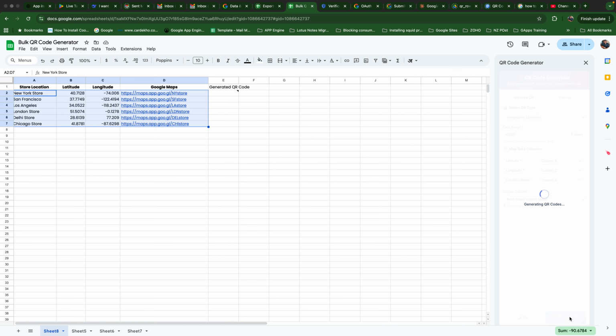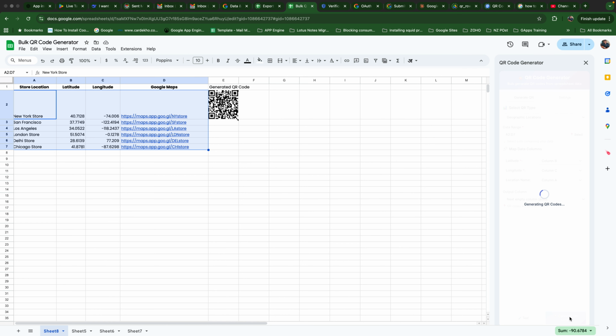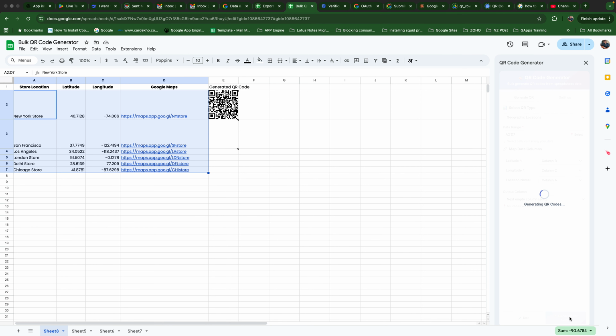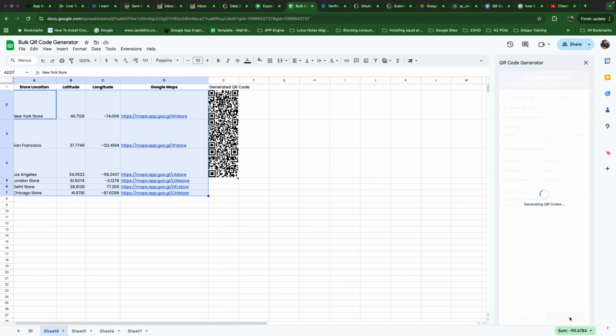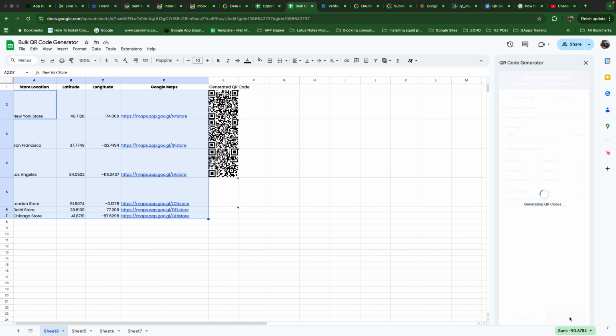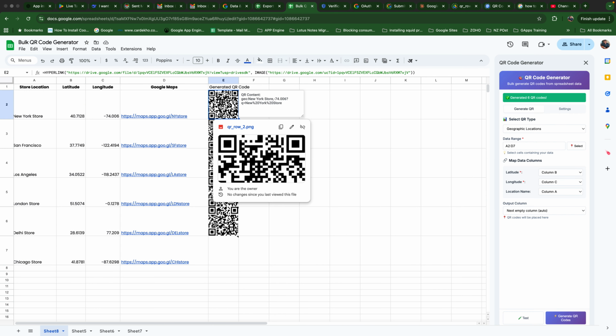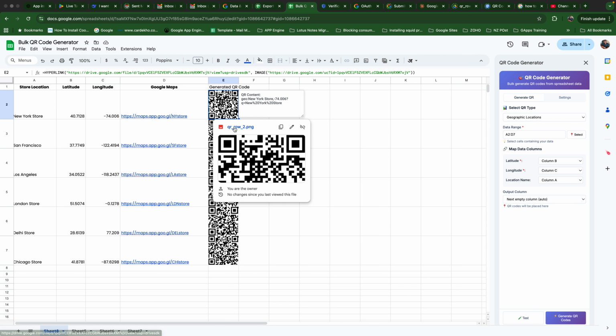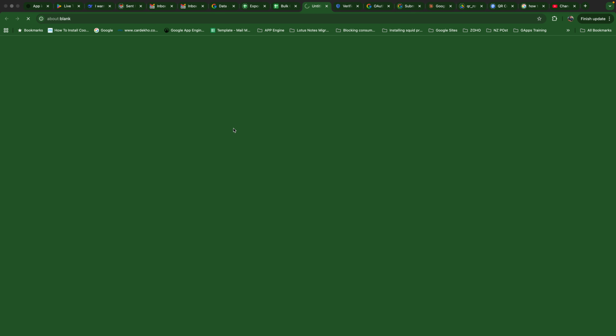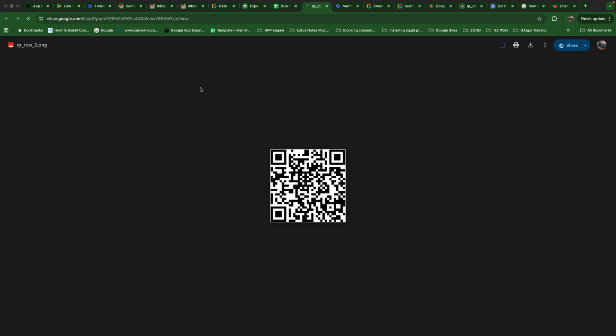So it starts generating QR codes, stores them into the Google Drive, and pastes those images here in the sheet so that it is easy for you to refer to those images. And the beauty of this tool is, when you click on this QR code here, it actually takes you to the Google Drive URL where it is stored. So this is the Google Drive URL of that